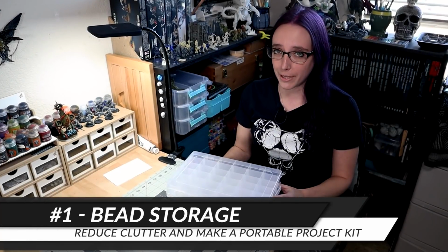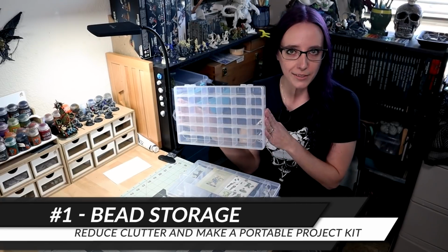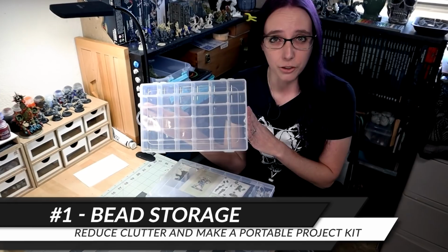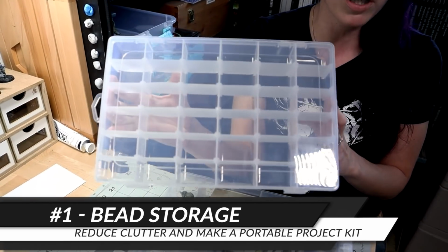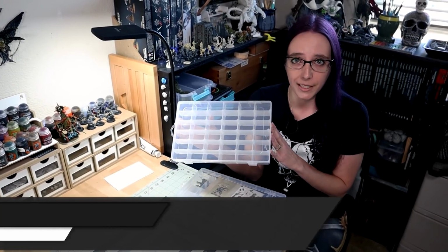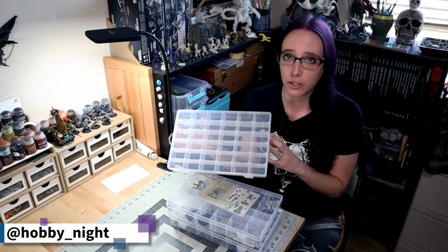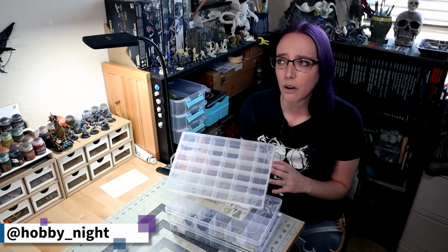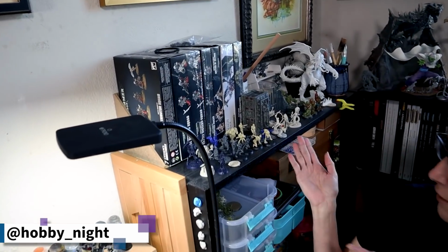For my first hobby hack, I want to talk about these plastic bins that you can usually find when you're shopping for stuff for like bead storage and like jewelry components, but they work extremely well as bit storage, let alone being used for storing pieces of miniatures that you maybe want to get rid of the sprues of. Maybe you're trying to save some space in your house and you're like, I want to get rid of all these boxes that I have from GW that have all these sprues in them because I've got a bunch of